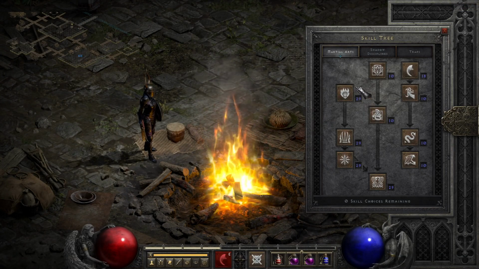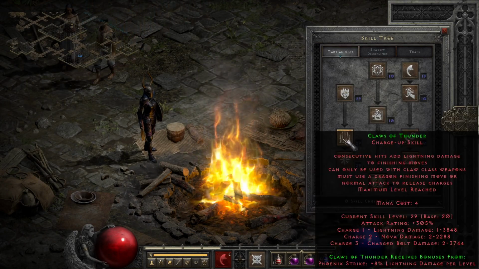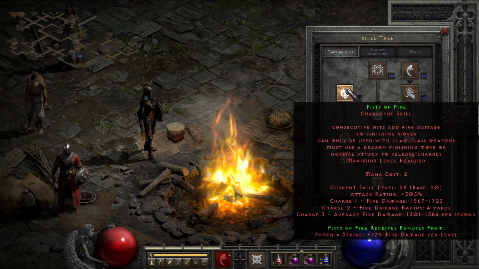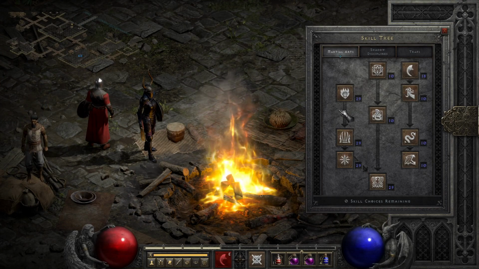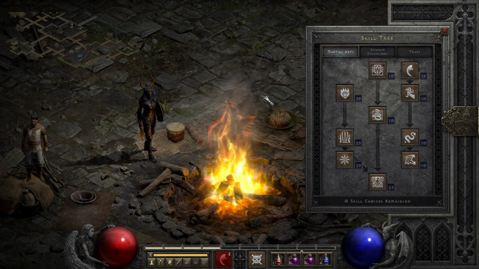Starting on the left, we have the Claw exclusive skills though, Fists of Fire, Claws of Thunder, and Blades of Ice, the standalone elemental options. Starting out, it's important to know if you plan to use these skills, they will only charge up orbs by using claws, though they will expel their charges through any of the normal means, such as finishing moves or normal